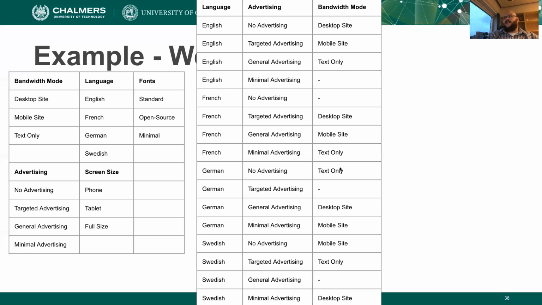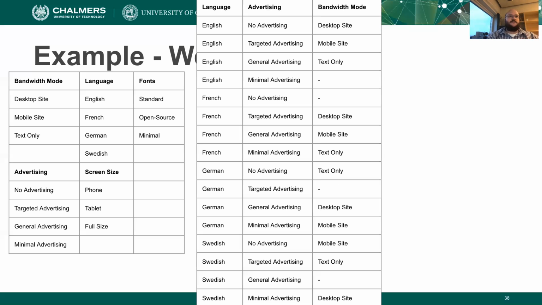So as we fill these in, we'll get a bunch of cases. Right now, these are noted with dashes. These are cases where we don't care what the value is. It could be any value for bandwidth mode. We've already covered within the 16 all the combinations of bandwidth mode with these other 2 variables. Right. Now, for later on, we might end up filling in some of these,